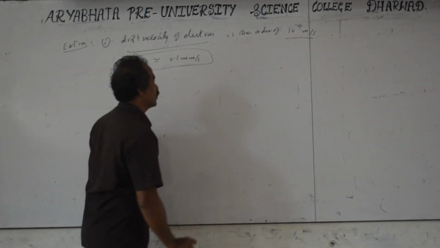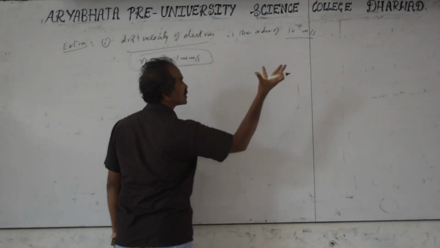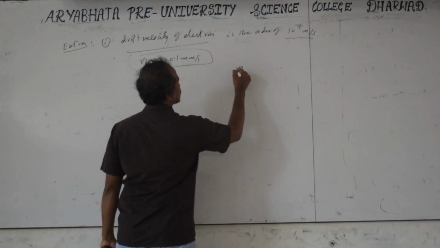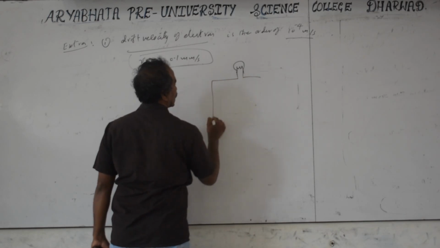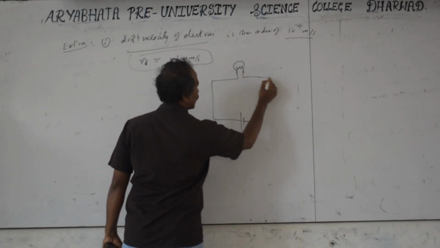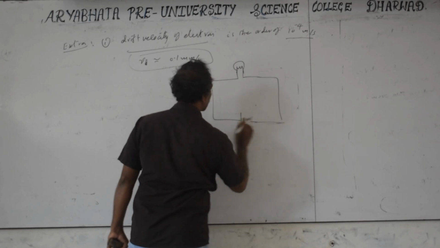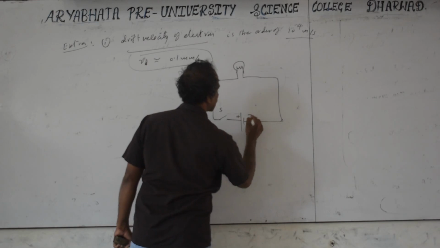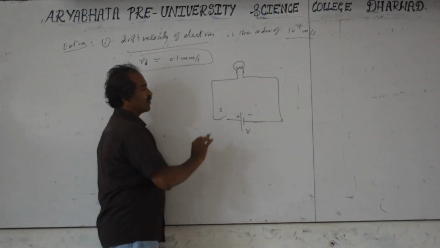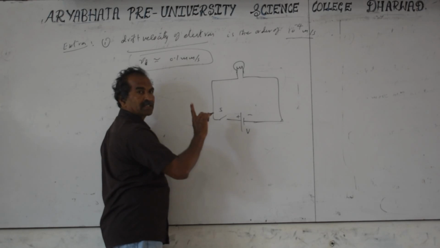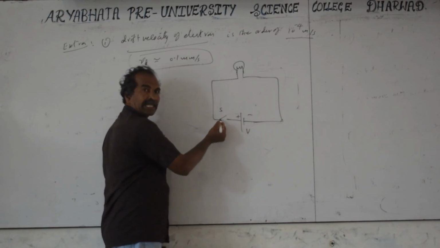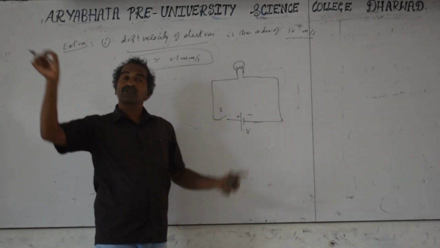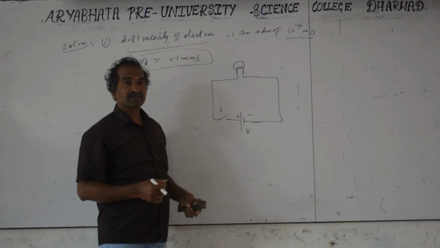But when you switch on the power supply, the light bulb glows immediately. How does it glow? The light bulb contains a filament connected to the battery along with the switch. It is a battery with plus and minus voltage. When you close the switch, what happens? It won't wait for the electrons to travel from the battery to the filament to make it glow. If that were the case, it would take a lot of time, and you would not get light immediately.